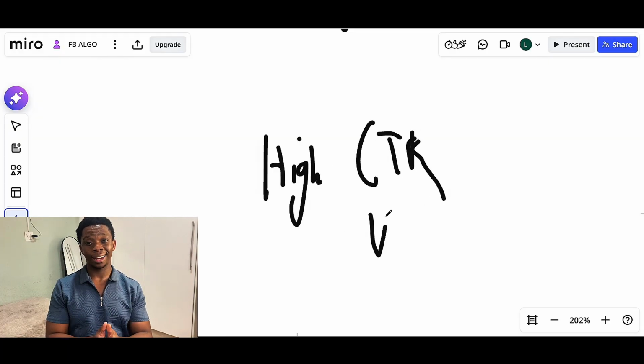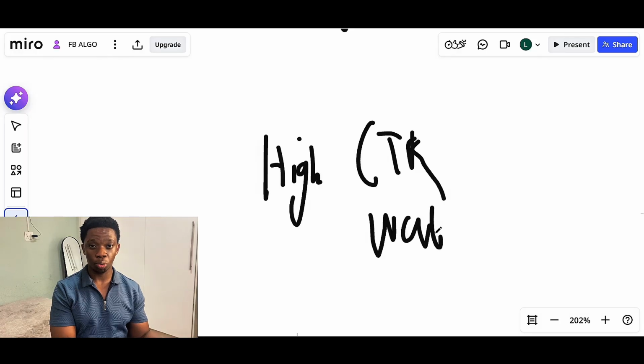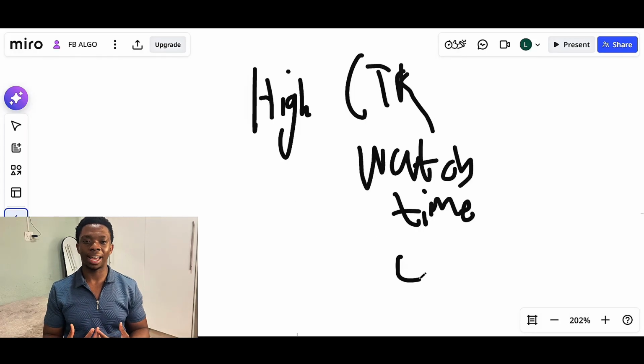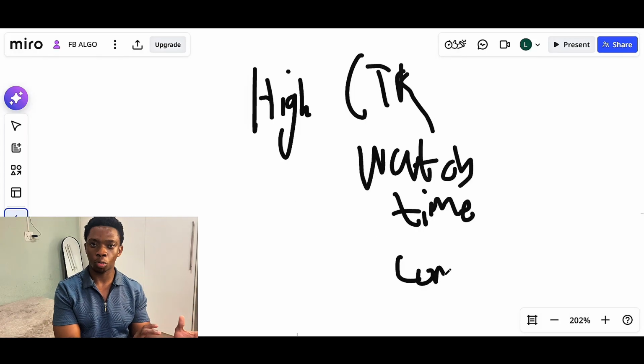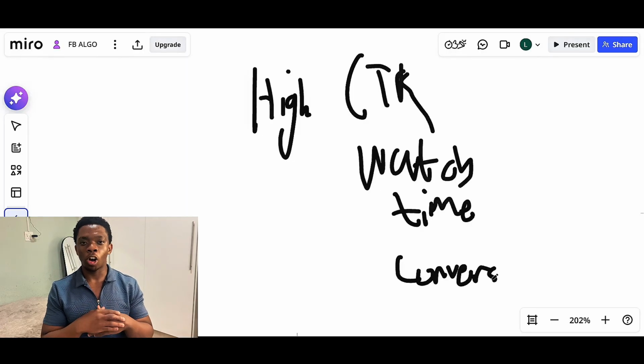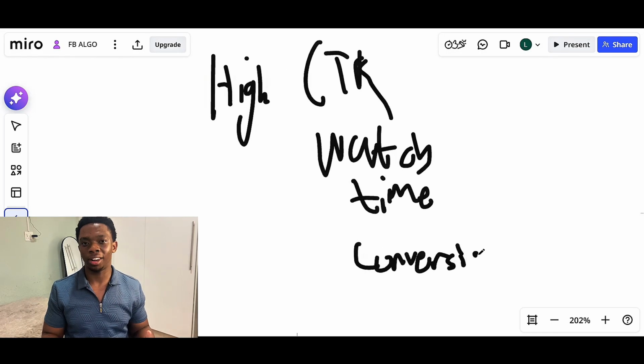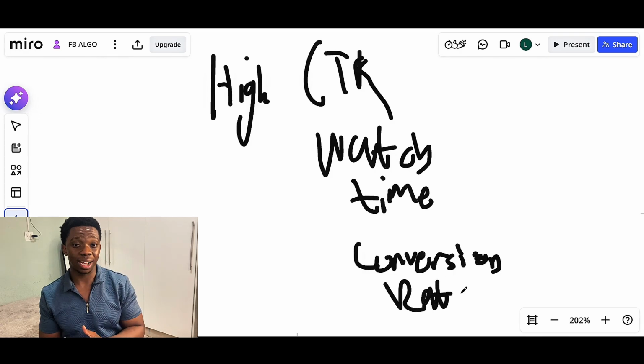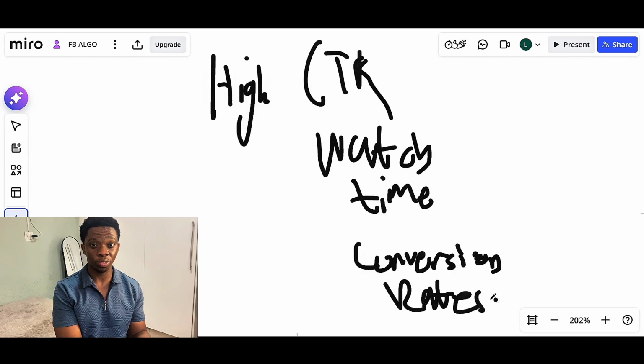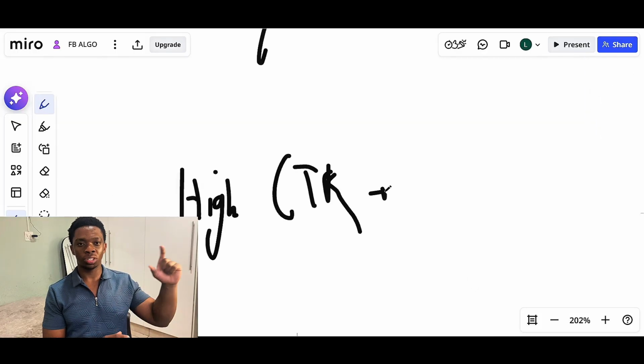So if your ad has good performance around these points, this is where your ad is going to have higher chances of leaving and going to the 4th stage, because there are just certain things Facebook will forever love. And one of them is click-through rates and just watch times. And if you have really good conversion rates, even better, because now not only does